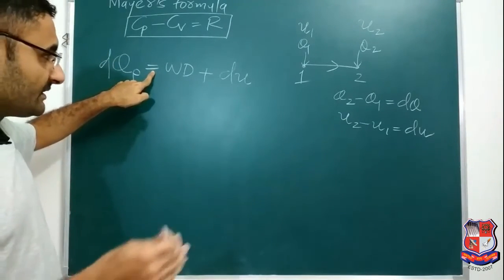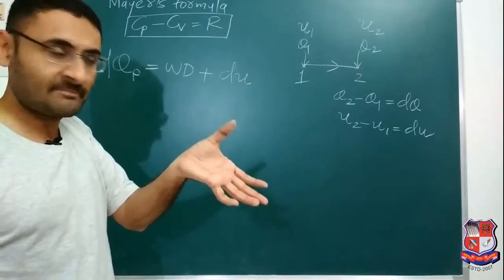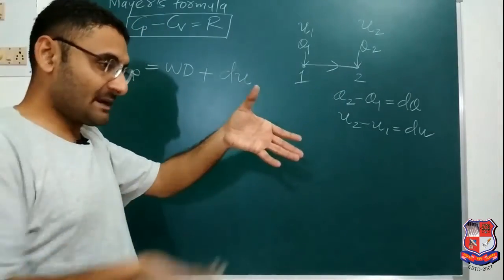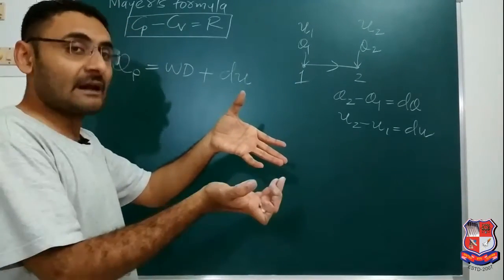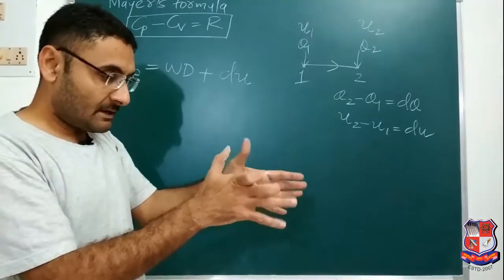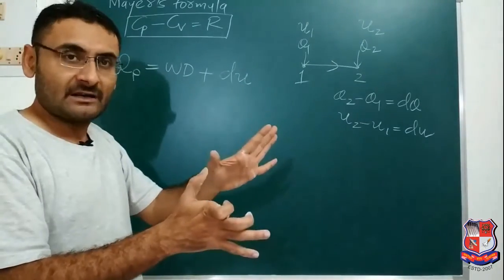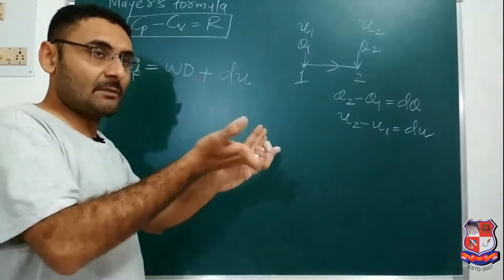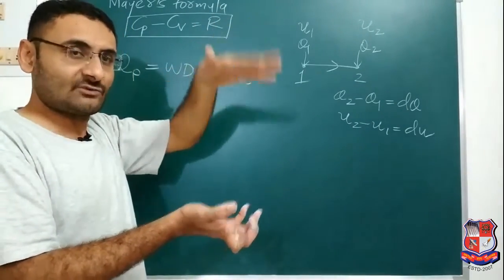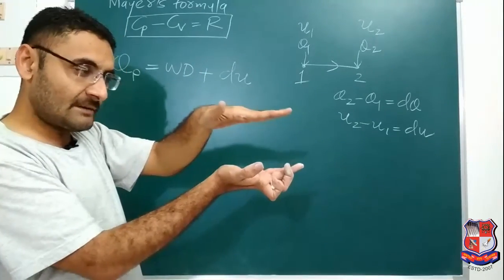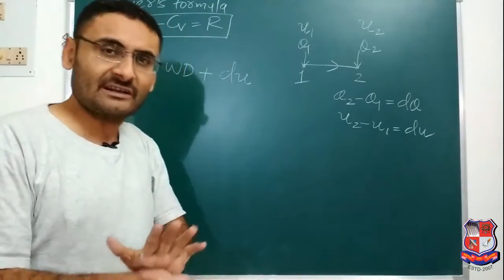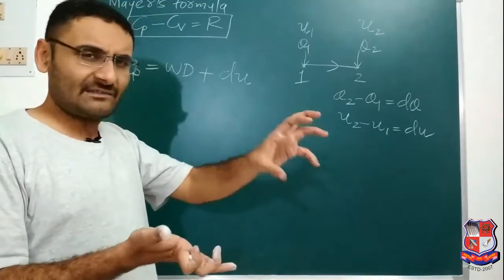Now, if I want to explain with the help of one example, suppose one pressure cooker is there, and you are putting that pressure cooker on a burner. That means you are supplying some heat to the pressure cooker at a constant pressure process. Suppose the pressure cooker is at 5 bar. When the pressure inside becomes 6 bar, the whistle will blow, so the extra pressure or extra steam will be rejected, and the pressure will stay as it is. That means in a pressure cooker, a constant pressure process is there. Actually, a pressure cooker is not a constant pressure process. It is a constant volume process. But that is for your understanding.